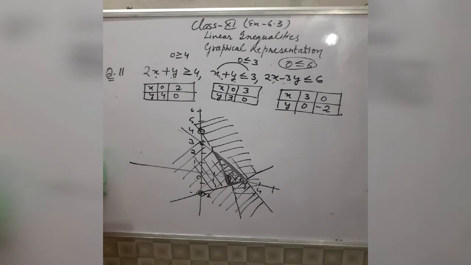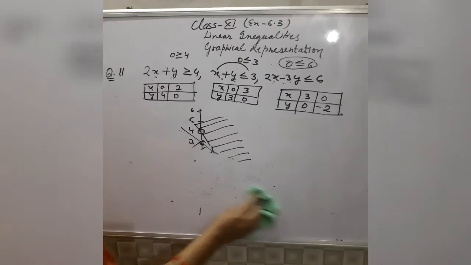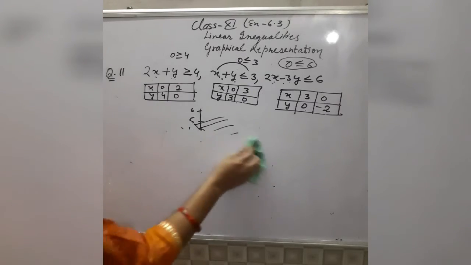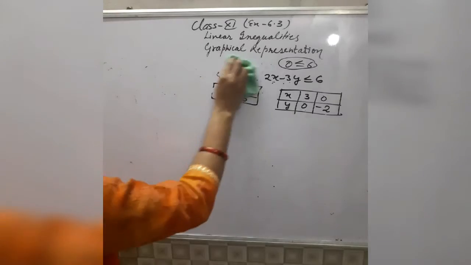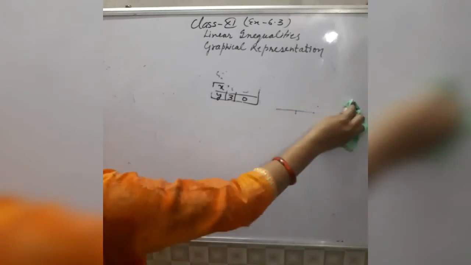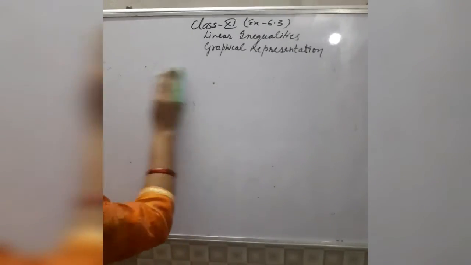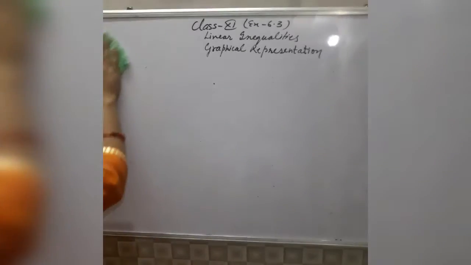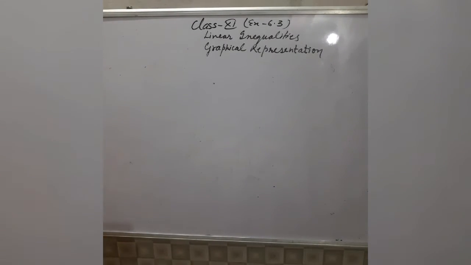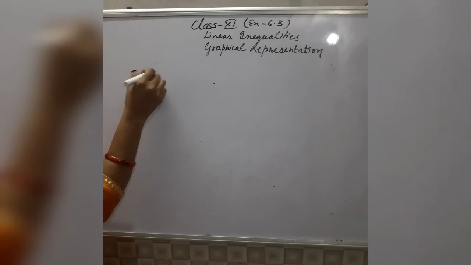So now I will explain one more question. After that this exercise is completed, and today's work is question number 11 to 15. Now I will explain the last question of this exercise, and this exercise is most important from the examination point of view. Definitely one question will come from this exercise. So do each and every sum of this exercise.